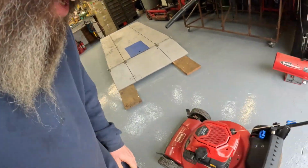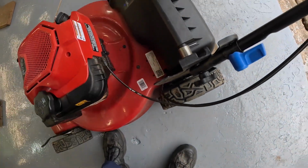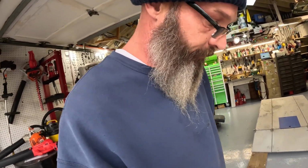Well, all right, boys and girls, that is a transmission drive belt on a Toro 22-inch recycler. This one is a 21465 model. And there you go. It ain't that difficult. Well, it's a lot easier if you got a table over there to put it on. You ain't got to do it in a gravel driveway, but...